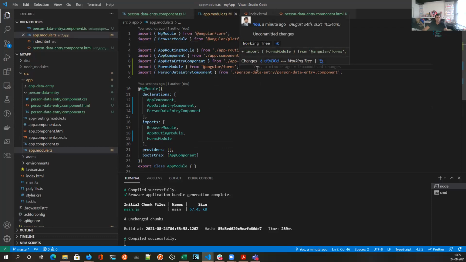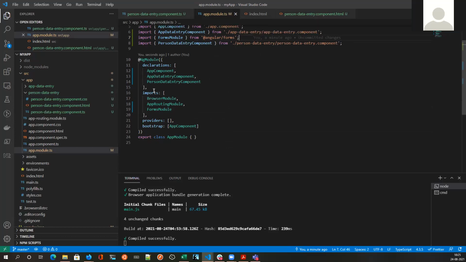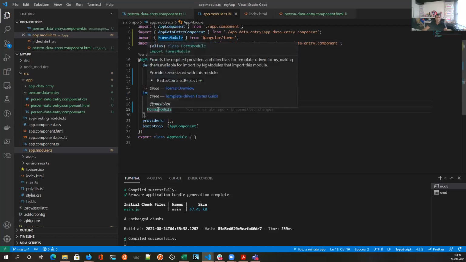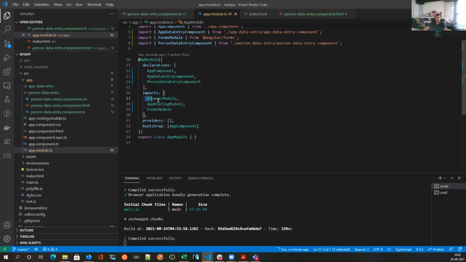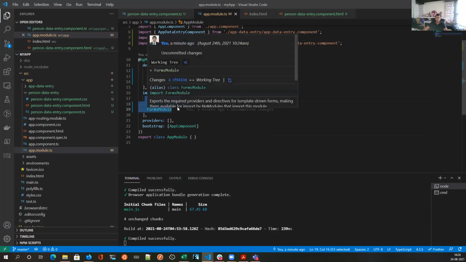It has nothing to do with Angular. The second one is an import for the third-party service within the Angular framework. So Angular will consume BrowserModule, AppRoutingModule, and FormsModule. As you can see, I have imported many other things also, but only these three are going into the Angular framework.